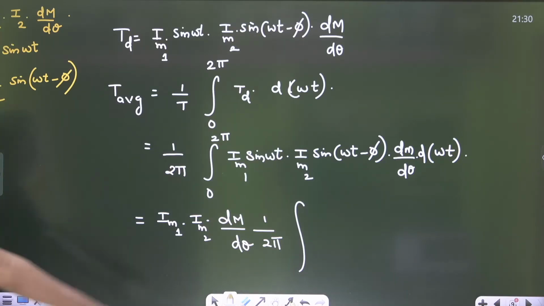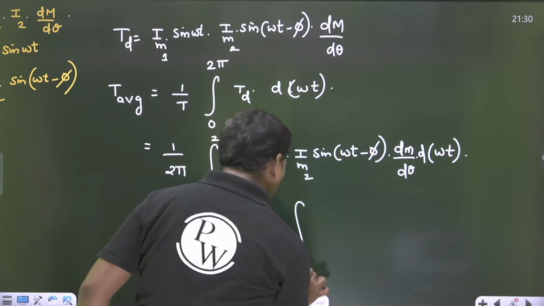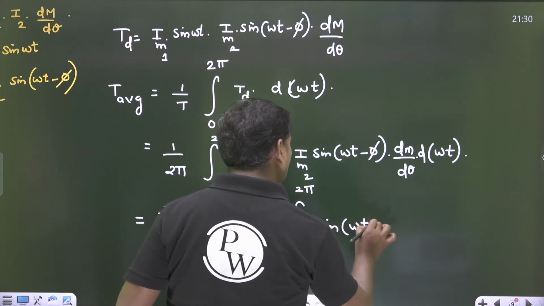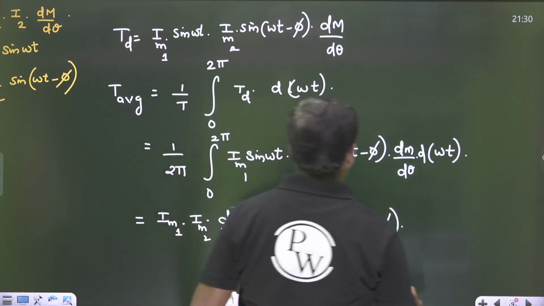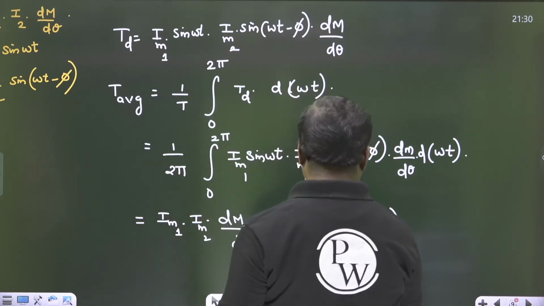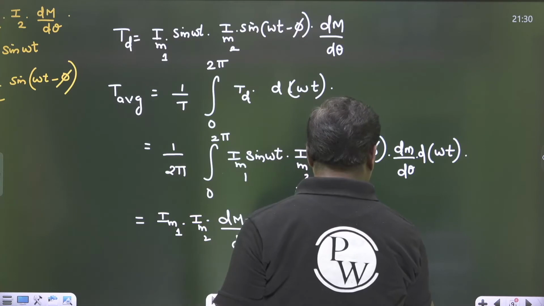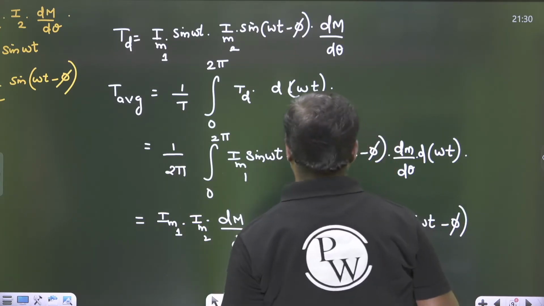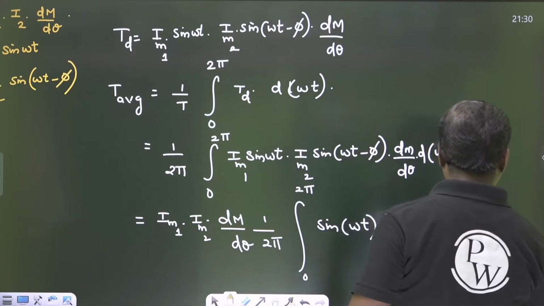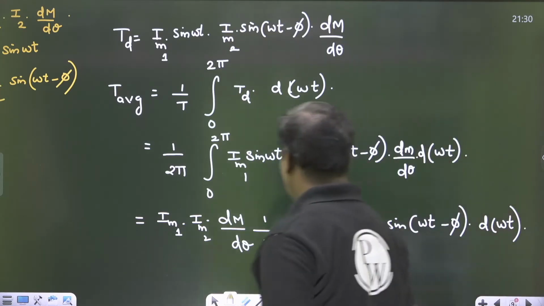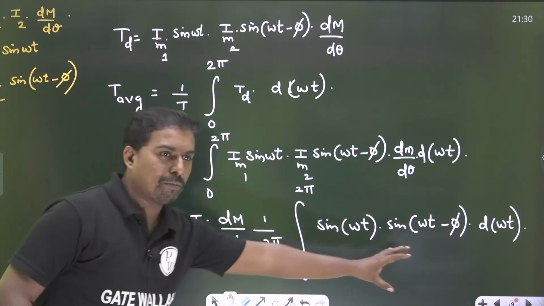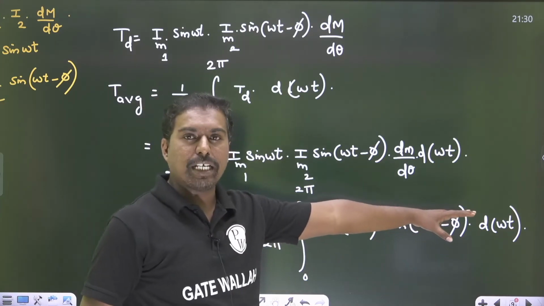So this one I can take as the integral from 0 to 2 pi of sine of omega t into sine of omega t minus phi, d of omega t. Further simplification, if you do the mathematical integration,